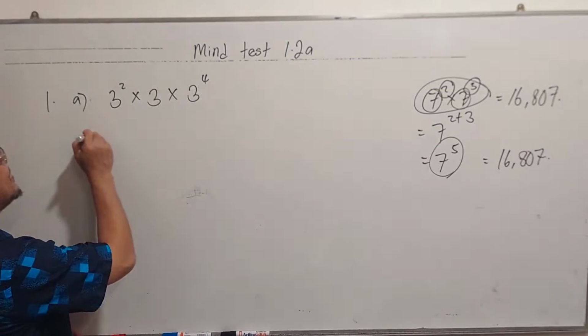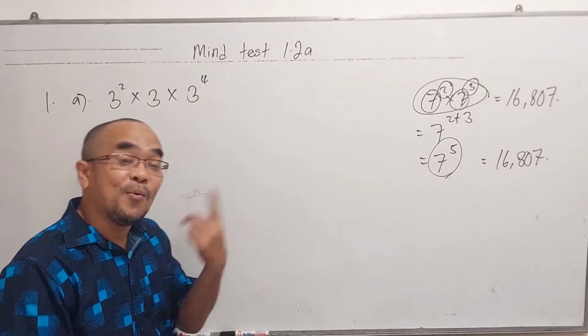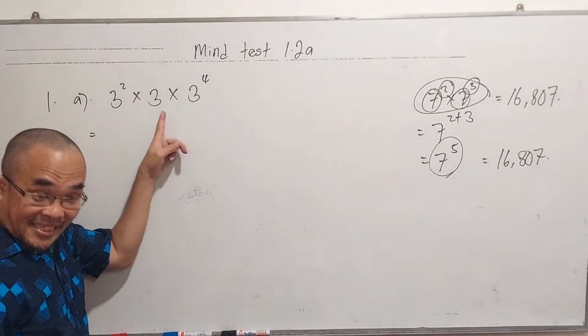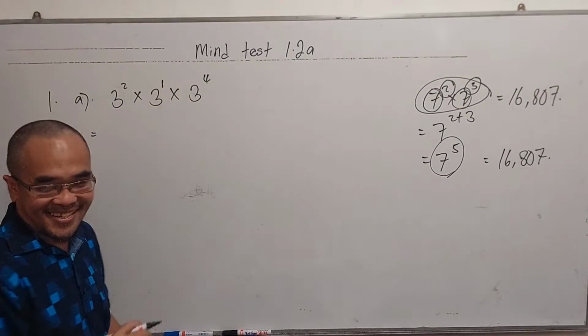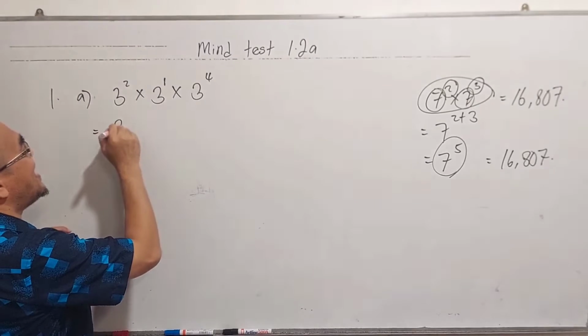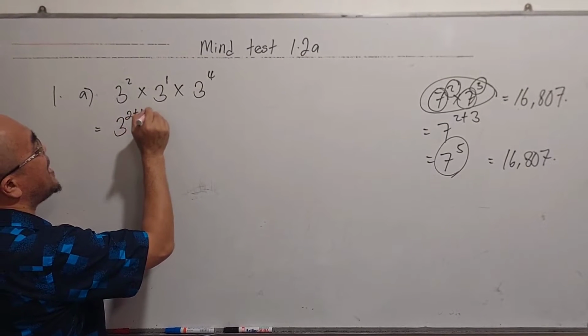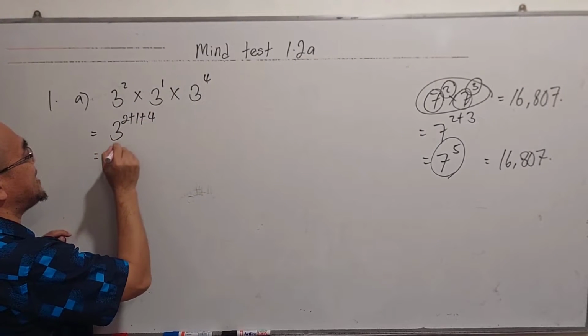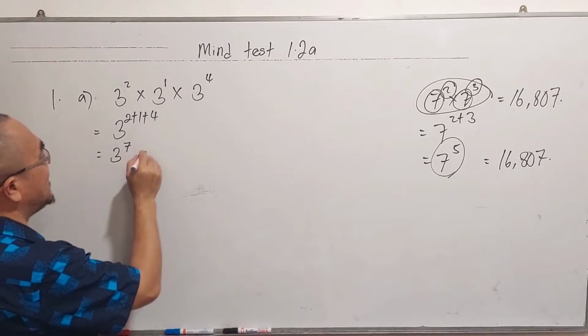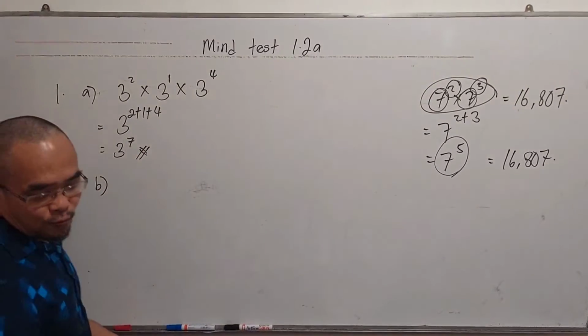3 to the power of 6. Okay, that is wrong. Why wrong? Because that 3 is to the power of 1. 3 to the power of 7. 2 plus 1 plus 4. That is 3 to the power of 7. Okay. So for B,